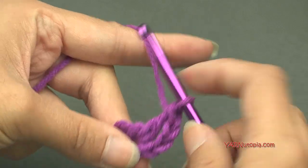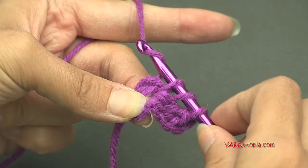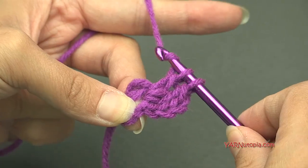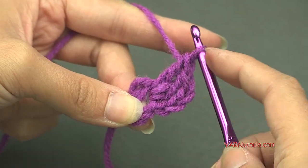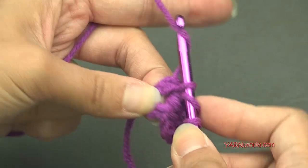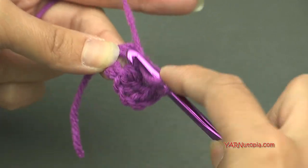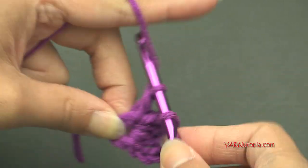So that was 1. So yarn over, go in, yarn over, pull through, yarn over, pull through 2, yarn over, pull through 2. So that's 2. Yarn over, go in, yarn over, pull through, yarn over, pull through 2, yarn over, pull through 2. That's 3. This is 4,